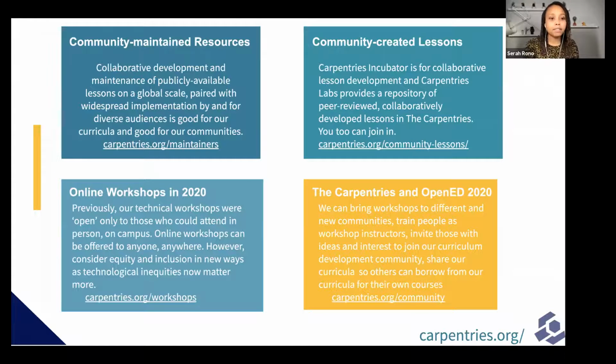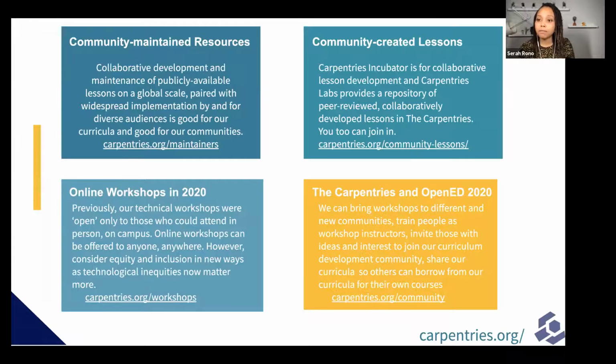So collaborative development and maintenance of publicly available lessons on a global scale paired with widespread implementation by and for diverse audiences is good for our curricula and good for our communities. So if you want to learn more about how these resources are maintained, we invite you to check our maintainers page, carpentries.org/maintainers, to learn more.